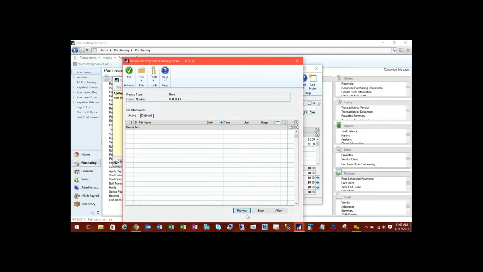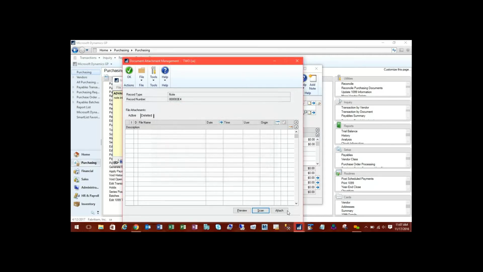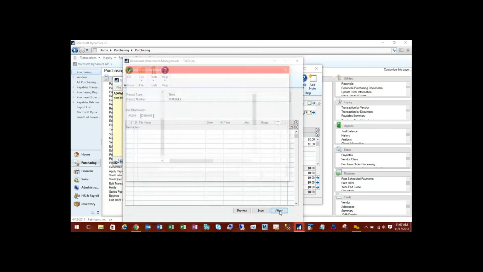Within this, I can go out and look for a document that I want to attach. I can scan a document in here if I want to. I can preview that document if it's available, and I can attach. So I'm going to